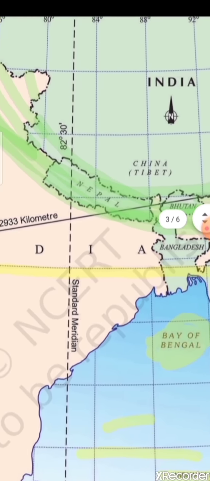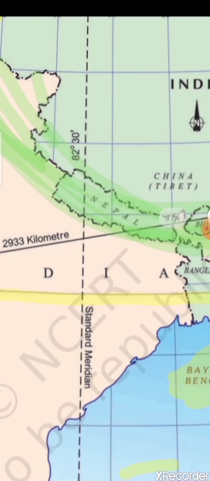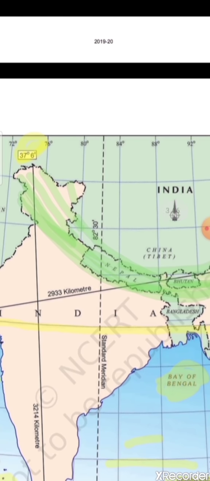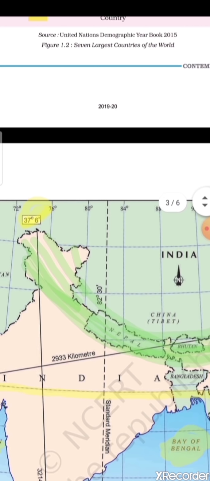It is because of this prime meridian you can see in this map, 82 degrees 30 minutes east, which has been selected as the standard meridian of India, and which gives the whole country a uniform time. And this 82 degrees 30 minutes east longitude passes through Mirzapur, which is in Uttar Pradesh. It passes through the center of the country. So it has been selected as the standard meridian of India, and it gives the whole country a uniform